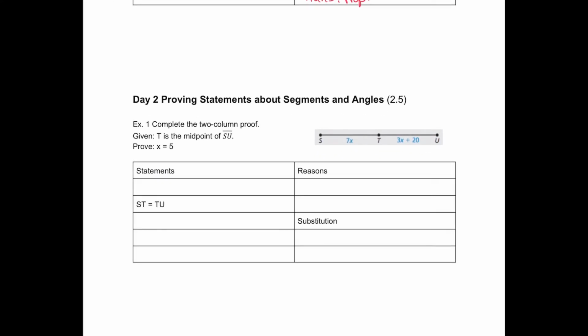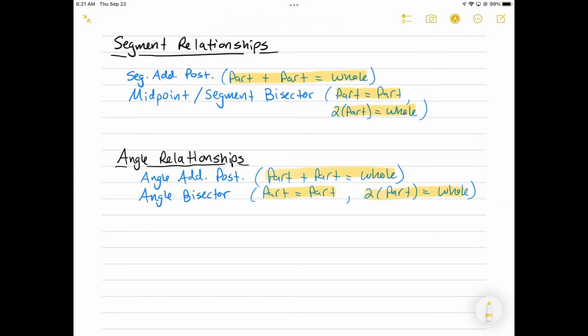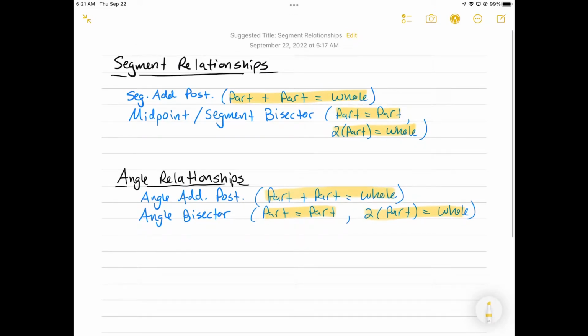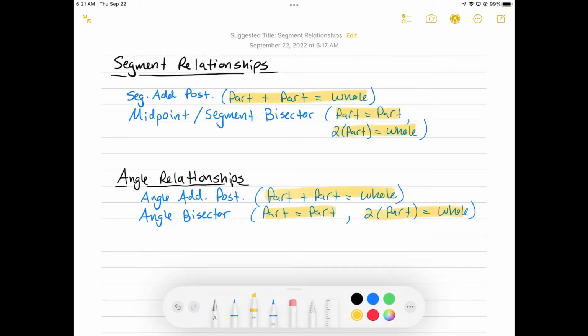But the first thing I want you to do is just take a look at this next portion because it's kind of important to review a couple things that we've been talking about over the last few weeks. We have certain segment relationships and angle relationships that are going to show up in today's lesson. One of those is called the segment addition postulate. Okay? The segment addition postulate is basically anytime we have a part plus